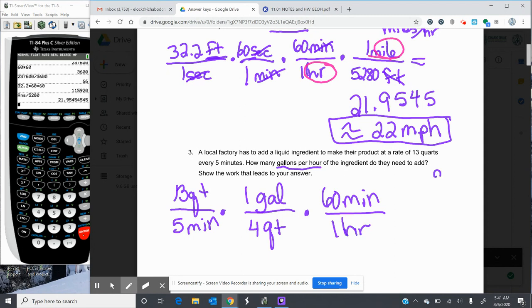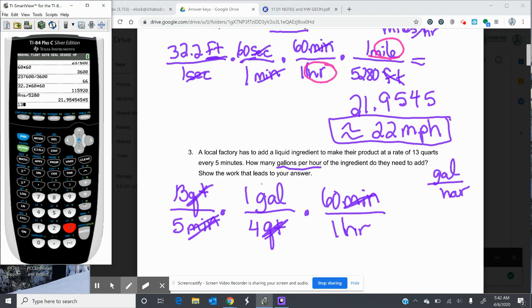So again, we needed gallons over hours for gallons per hour here. So our minutes would cancel with minutes, quarts cancel with quarts. So that's how you kind of decide what conversion goes on top to bottom. So in our numerator, now we just multiply 13 times 60. We get 780